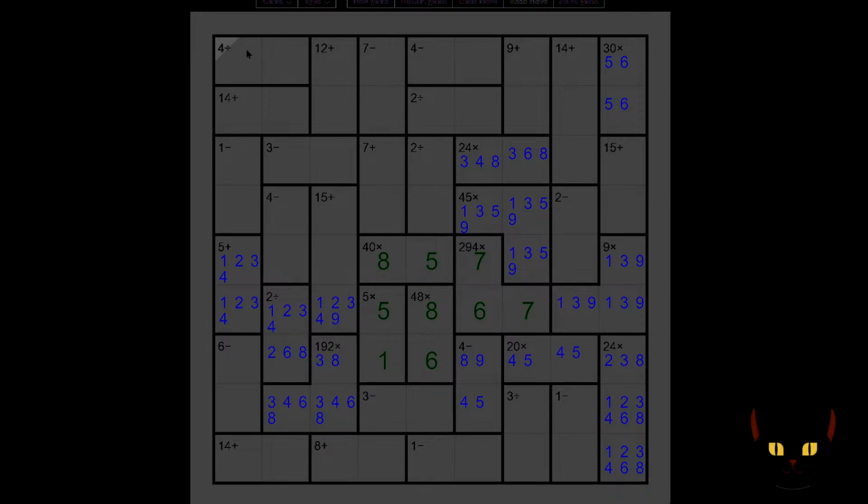Division by 4 is relatively easy. You get 1, you get a 4. 2, you get an 8. But 3 would require 12, which is too big. 4 gives you a 1. 5 is not divisible by 4. So 20, too big. Likewise, 6 and 7 don't work. 8 and 4 got 9 doesn't work. So